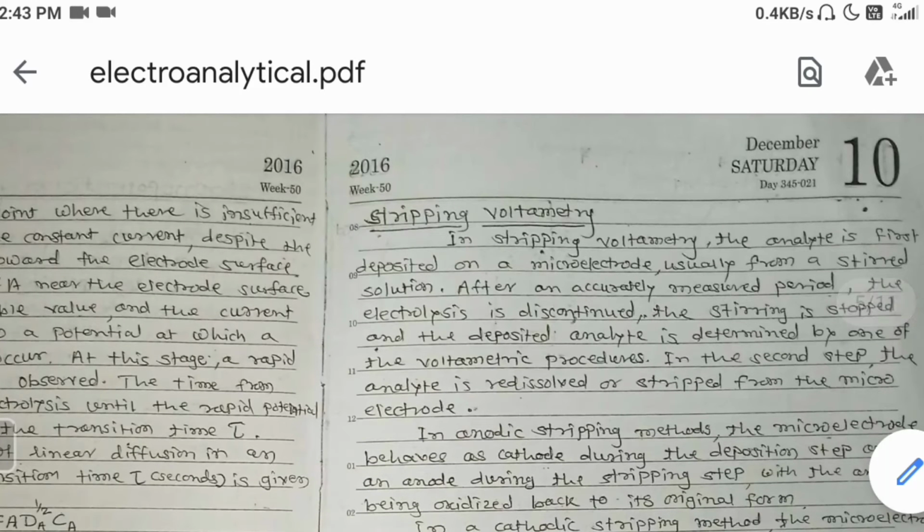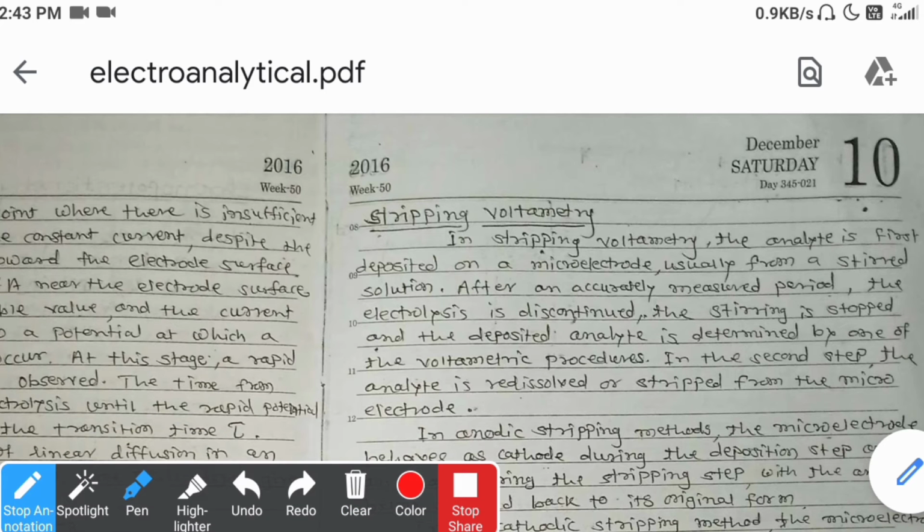Welcome back. So far we have finished the polarographic technique and chrono techniques for the estimation of analytical samples. Now we are going to see the voltammetric techniques, various types of voltammetric techniques that are generally used for the analysis of elements. During this voltammetric technique, there are different types of technique like stripping voltammetry, cyclic voltammetry, or linear sweep voltammetry. So there are a few techniques like we have seen in polarography. Out of this, the first technique is the stripping voltammetry.